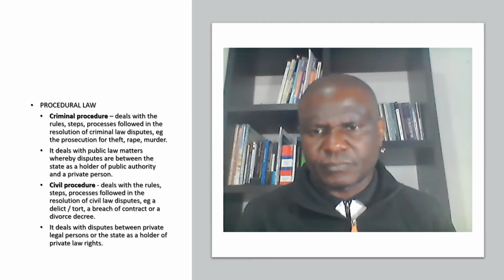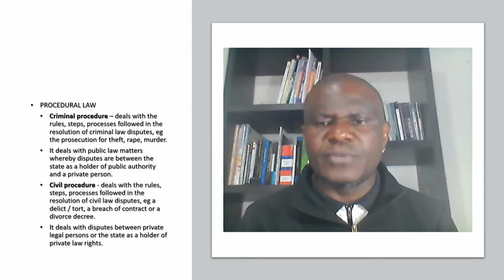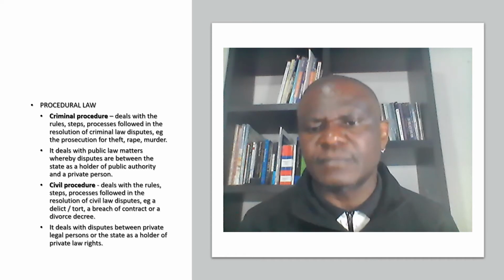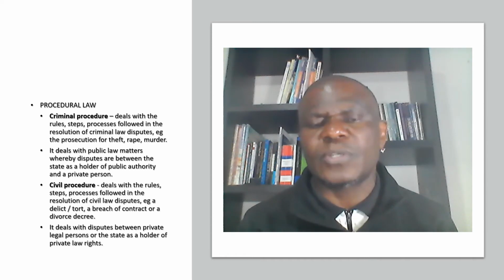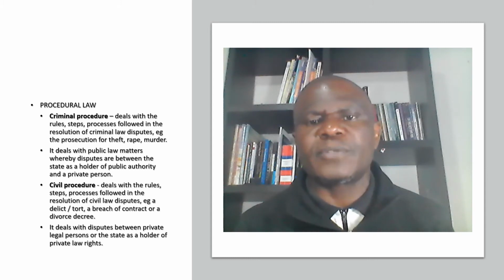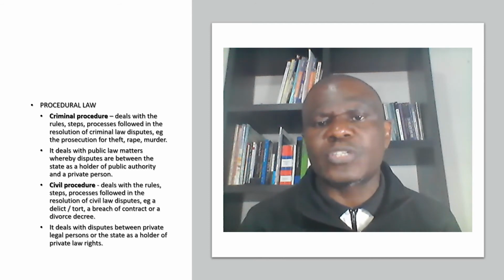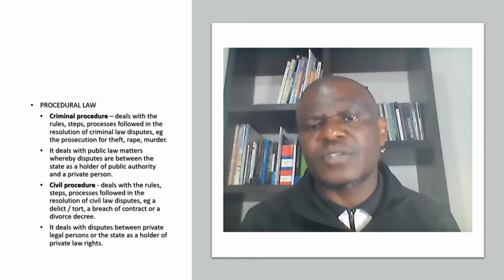individual. For instance, you will have noticed that criminal cases or criminal law reports would actually cite cases as S versus, maybe S versus John, whereby S represents the state and then John represents the individual being prosecuted by the state. And then civil procedure, on the other hand, deals with the rules, steps, processes that are followed in the